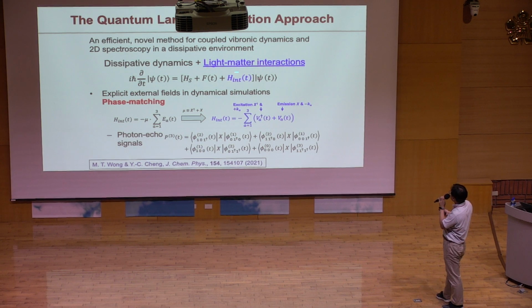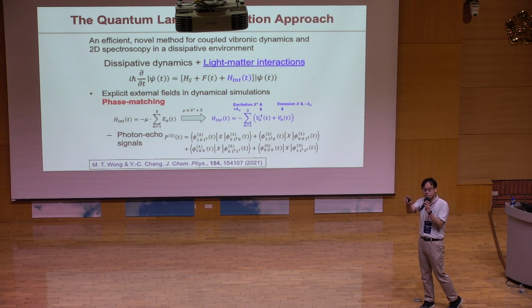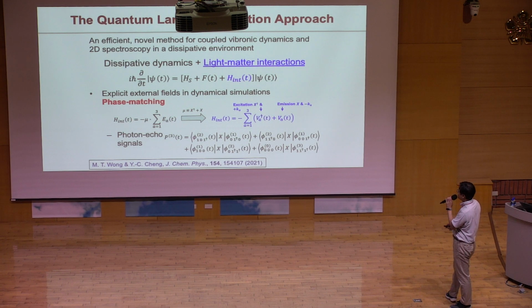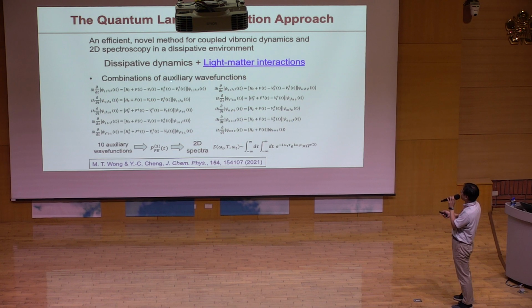And we want to treat light matter interaction. But this is not that trivial in this case, because we want to simulate the signal coming out from a specific phase matching direction. Okay, so we cannot just use 3 pulses and interact with it. We need to do phase matching. And by a perturbative approach to derive this interaction Hamiltonian and the system, we can find out that the photon echo signal actually depends on 4 terms. And all these 4 terms can be evaluated if we propagate 10 auxiliary wave functions, basically with different non-Hermitian